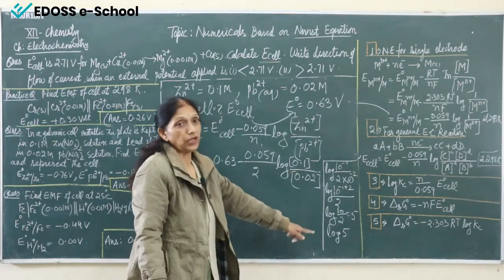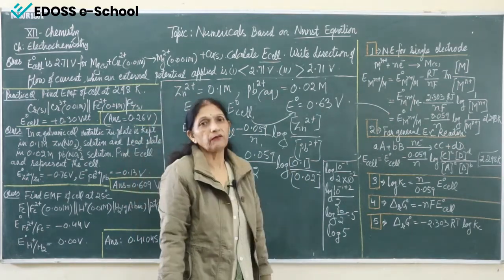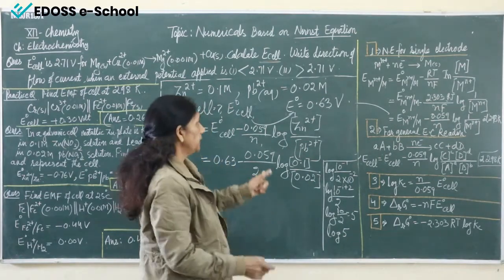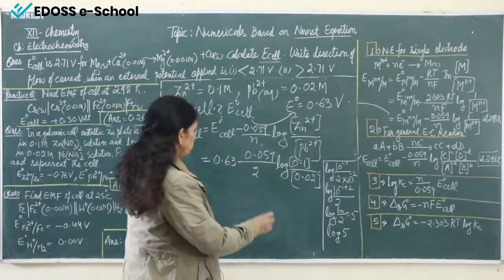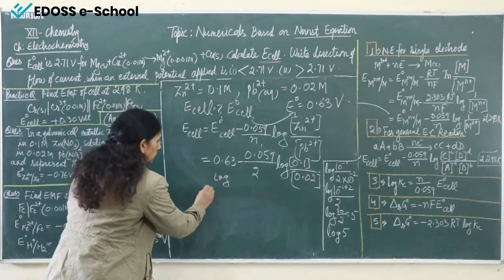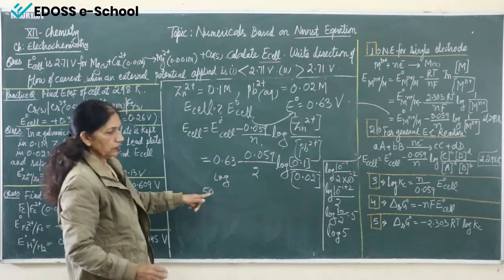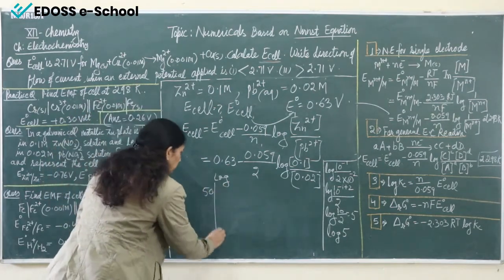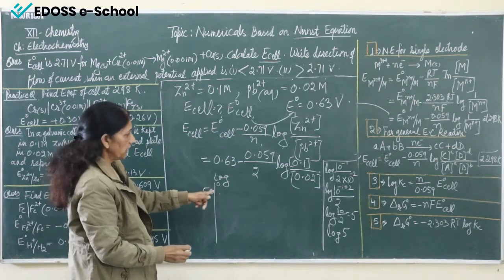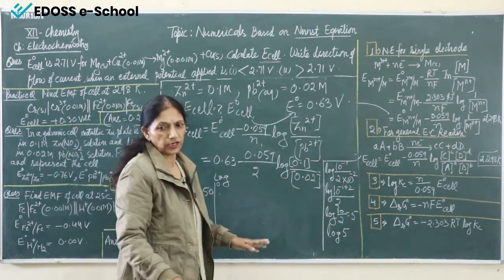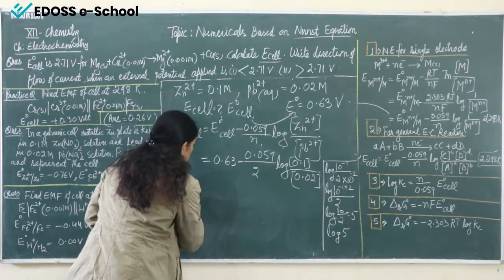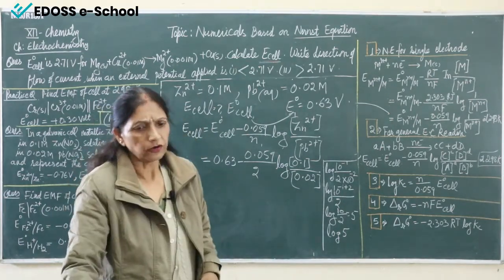Okay. And log 5, now how to find the value of log 5? For that you will have to take the log table, and in the log table where it is written 50, you will find 50 at 0. Whatever value is given at 0, you will write here. So here you have to use the log table.